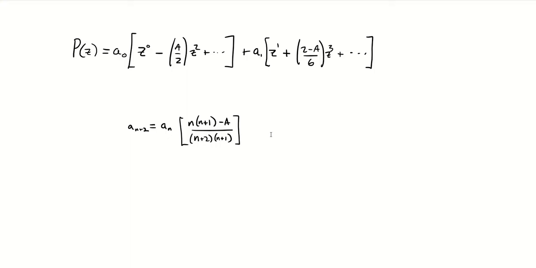Right, this is our recursion relation. If we look at the limit of large n, so we're taking that sum to the end, we get a_{n+2} over a_n, and this is equal to (n squared plus n minus a) over (n squared plus 3n plus 3). For large n, these n squared terms just dominate. So for very large n, this kind of goes towards 1. So in that infinite sum over n, we're going to have a bunch of 1 plus 1 plus 1.